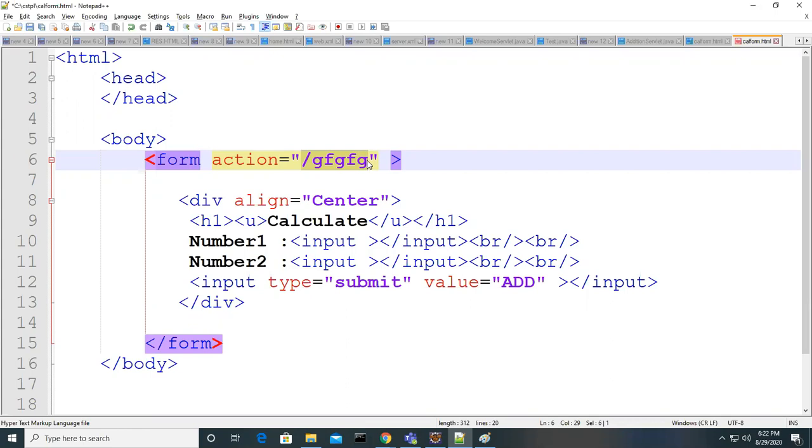That resource path might be, if you want to submit this information to a server, the servlet program inside the server. You have to give the path of that resource to the action attribute. Are you getting me, guys?